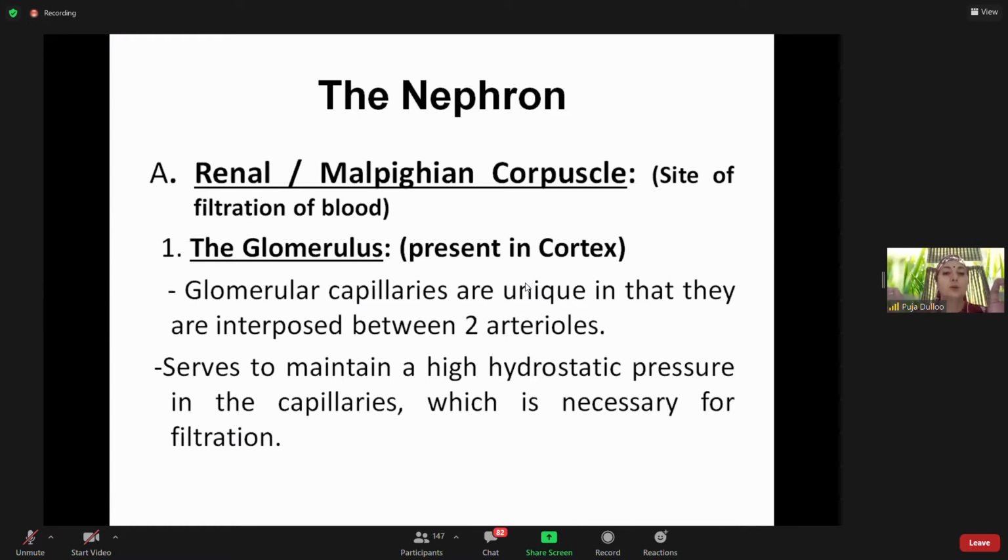The reason is that in this area we need to have a high hydrostatic pressure. There are two basic types of pressure, which I explained in my general physiology topic. One pressure is the pressure which the heart exerts by the pumping mechanism, the flow of the blood. Like if you take a hose pipe, the more you open the tap, the more pressure the water comes out with. If you reduce the tap, less water will enter the hose pipe for gardening purposes, so less will be the pressure of the water, right?